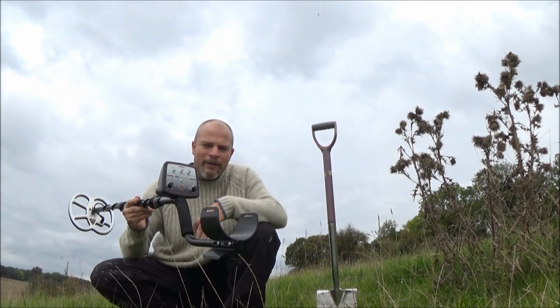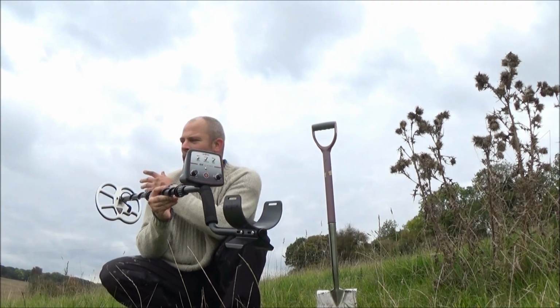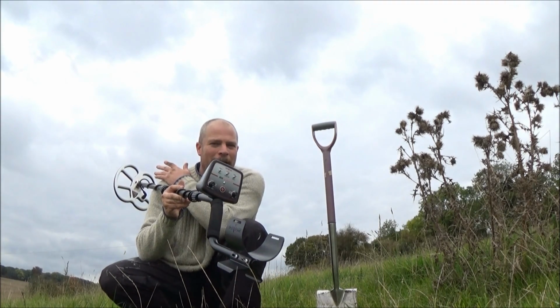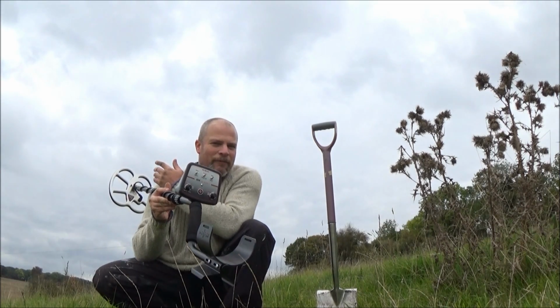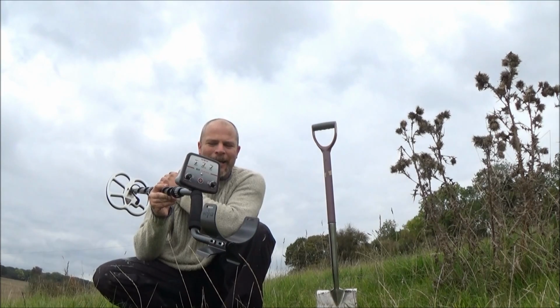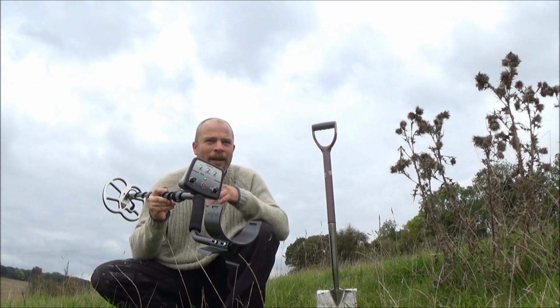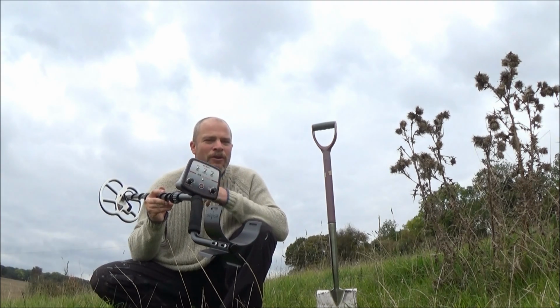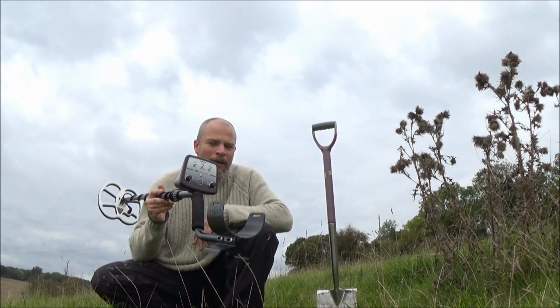I'm enjoying it. It's simple to use, fairly lightweight. The only thing, I mean, the coils, this coil ain't too bad. The 12x12 coil, it's got a little bit of weight on it, and at first when you start swinging it you feel your shoulder, but this coil's fine, and obviously the smaller coil, absolutely dandy. But we're going to see what happens in the future with this, and I'll try and get some real nice deep finds. But we've got tests coming up as well, so let's crack on